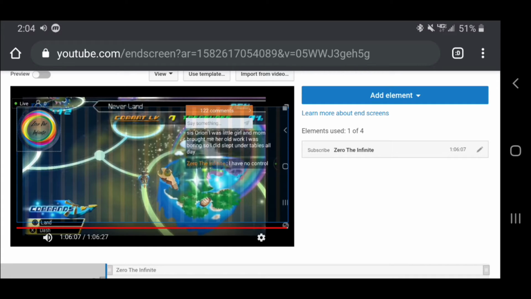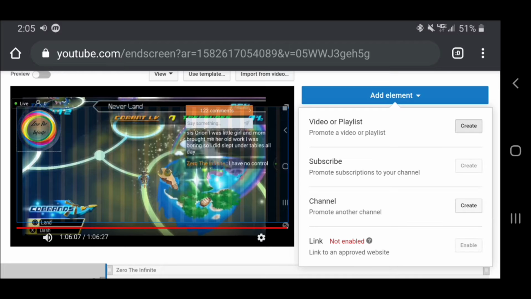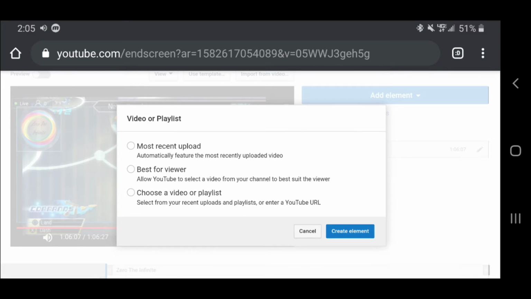It shows the symbol of your channel right there, and then you may have a video. You can choose the most recent video you have if you want people to go and watch that, or you can let YouTube decide the best video for your viewers to go see, or you can choose a video of your own or a playlist. These are all options you can pick. So I think I'll do my most recent upload,